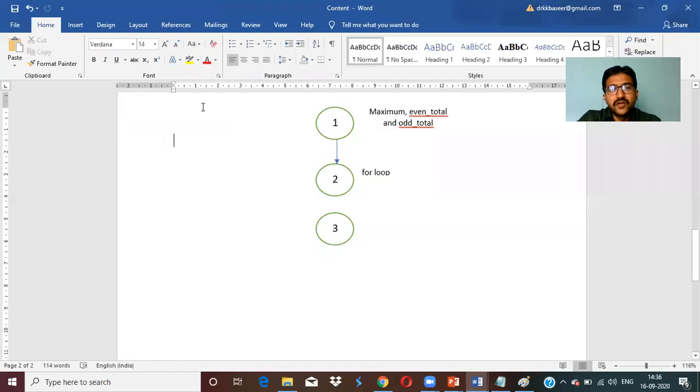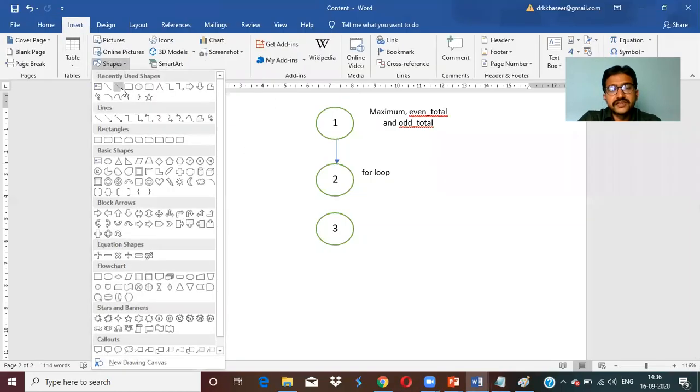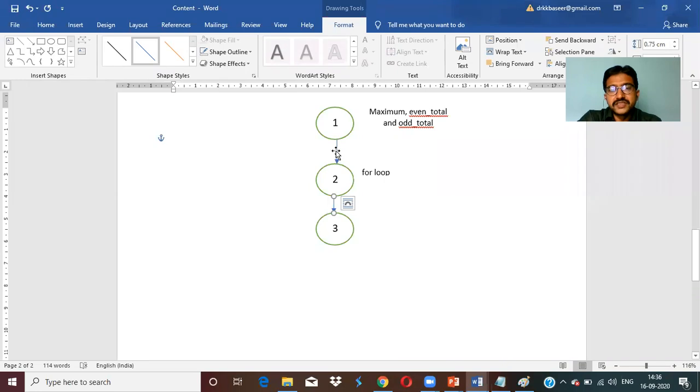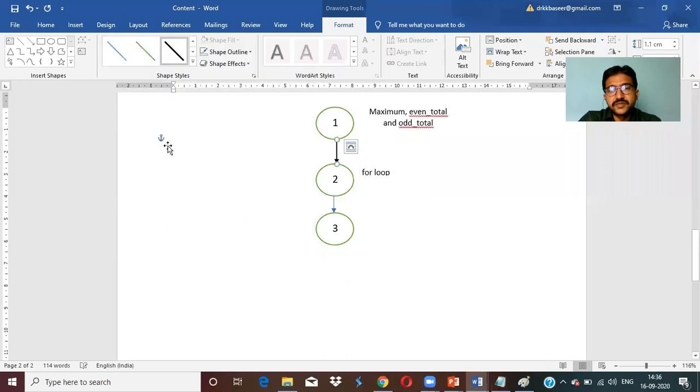is true, where does it go from here? Go to Insert, take this arrow, and it goes to step 3. Agree. If you want to increase this arrow size, you can double click and use any one of the symbols like this. Big symbols, if you want, you can use. That is your choice. If it is true, it goes to the third step.